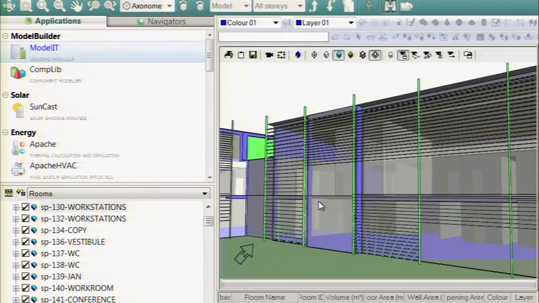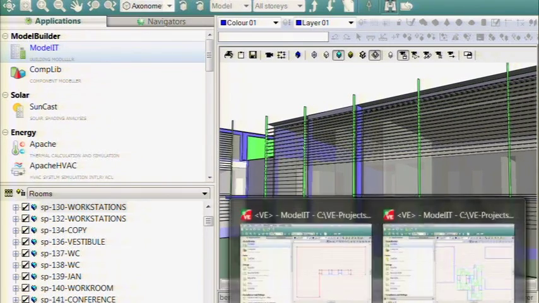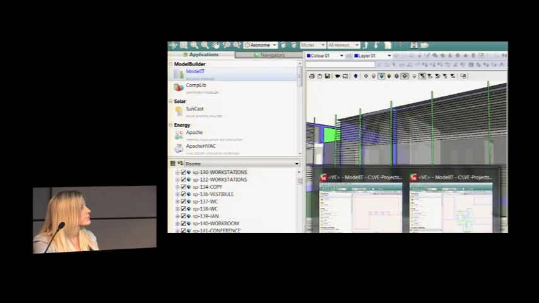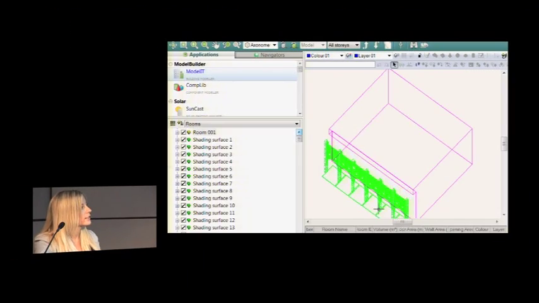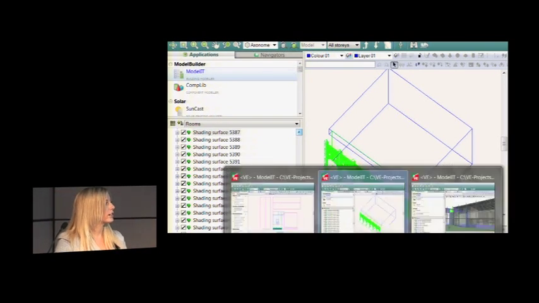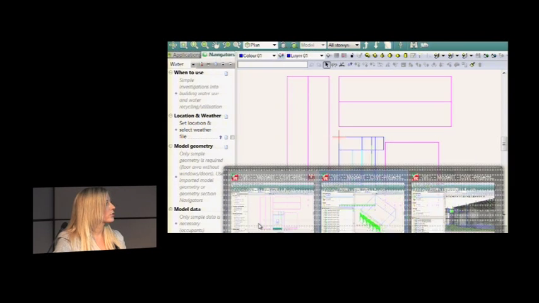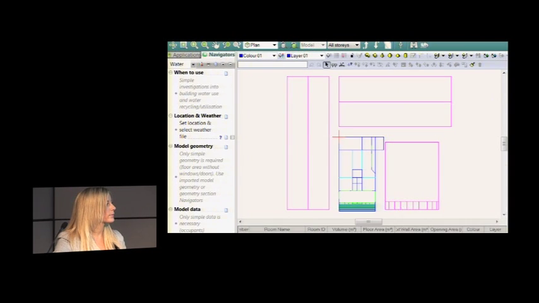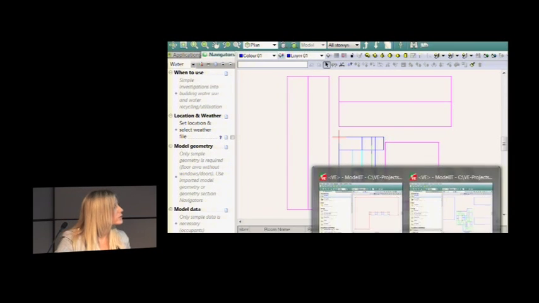You do not want to build what you have in something like this with 10,000 shading surfaces. 300 is manageable, 10,000 is not manageable in a project. And it just won't work. Let me just go back to